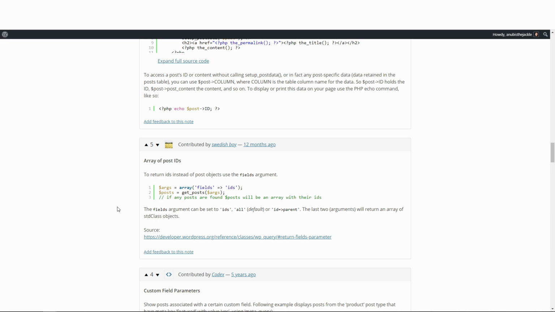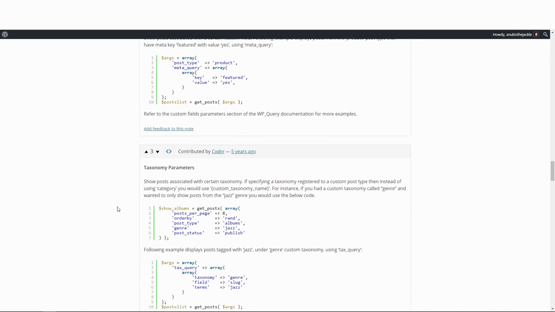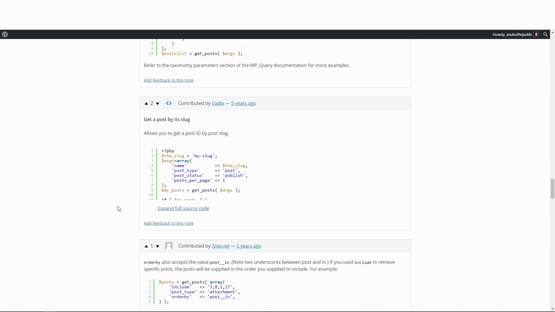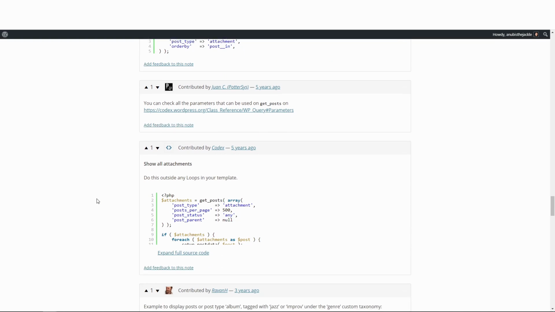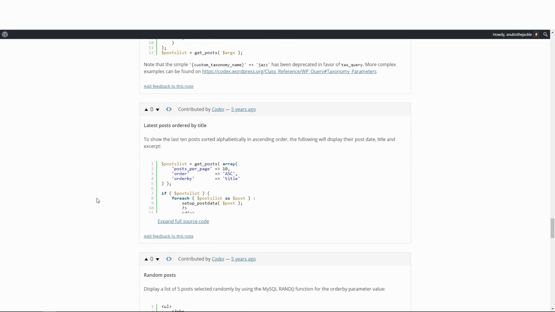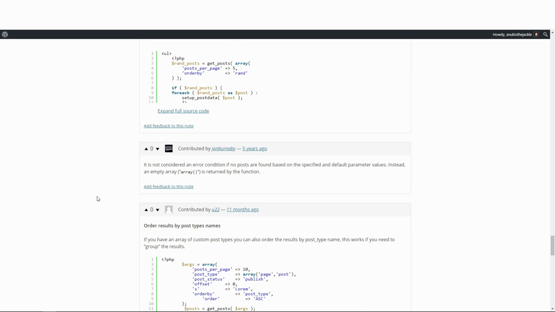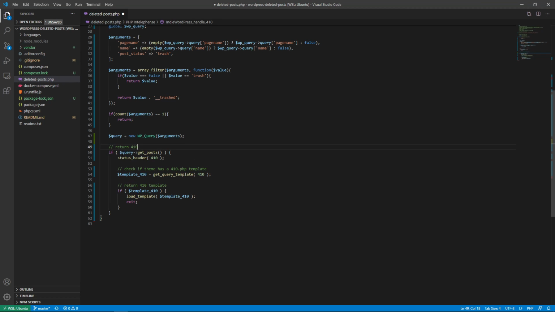If it's not an empty array, if it throws a WP error, then we'll have to do things differently. Right there. All right. Instead, an empty array is returned by the function. Perfect. So what we can do then is say